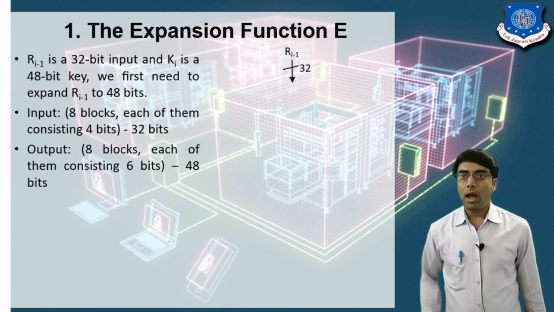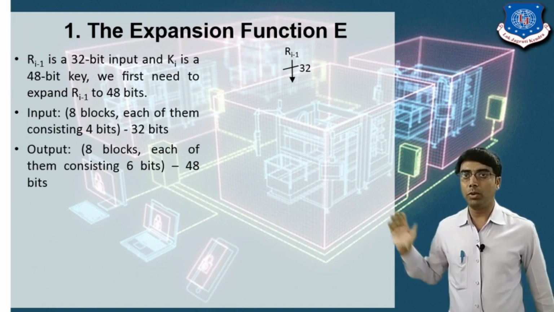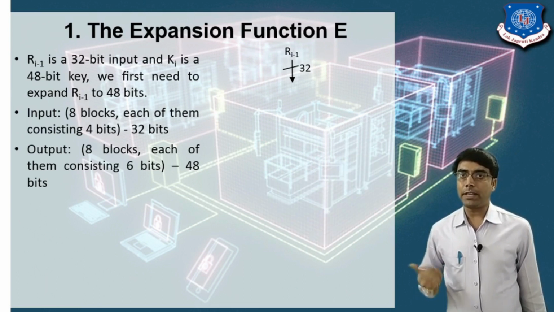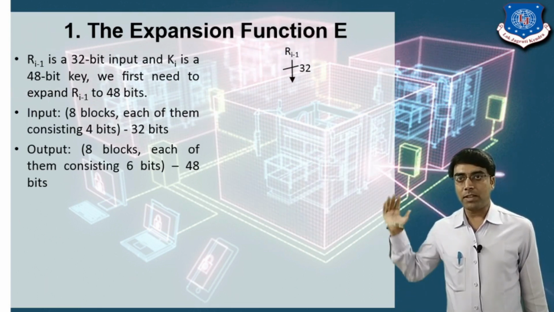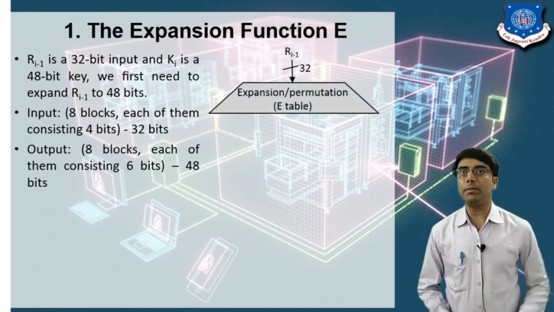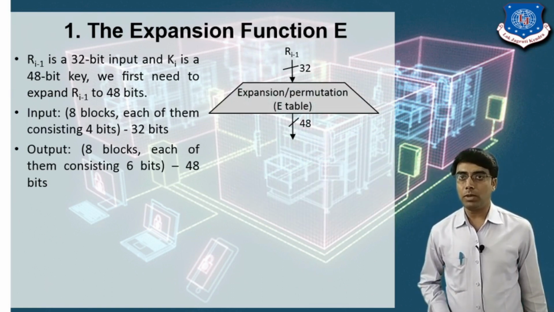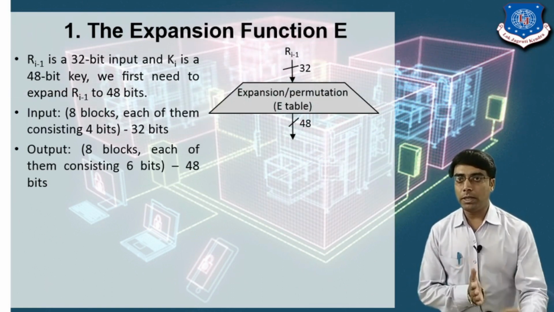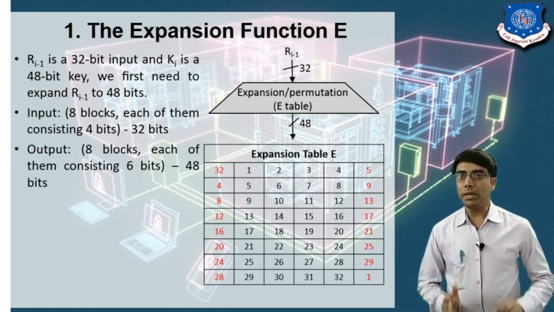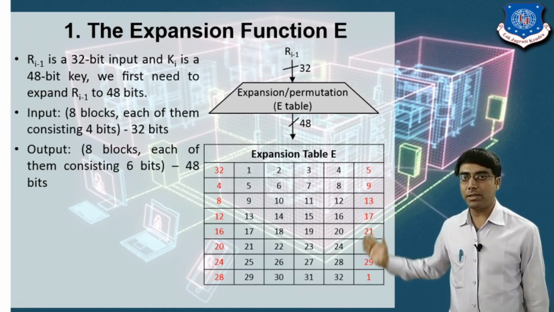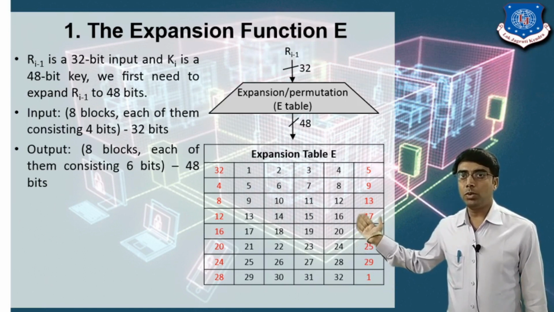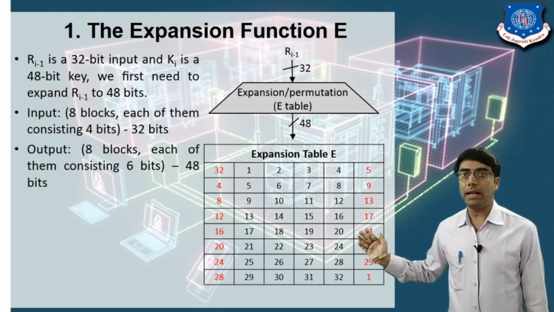So now let's see how to generate the 48-bit from the 32-bit. First of all, we expand the right half. The size of the right plain text is 32-bit. Now we apply the expansion permutation. Using the expansion permutation, we convert the 32-bit into 48-bit. Now you can see our 4-bit blocks. In expansion table E, you can see this table, in the bold font 1, 2, 3, 4, 5, 6, 7, 8, 9, 10, 11, 12.